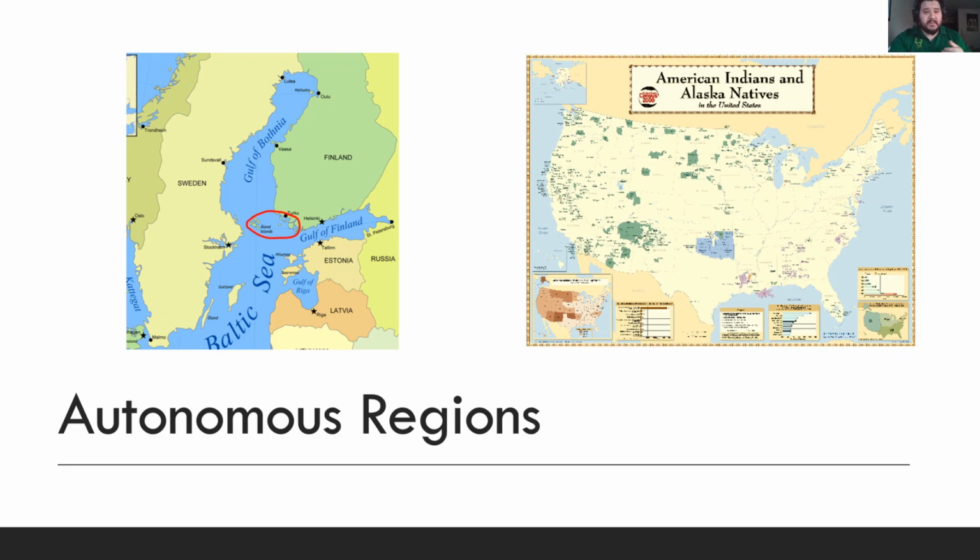And usually we're thinking of this when we have a very distinct cultural identity within a country, what we might call an enclave, right? This kind of separation of a cultural or national identity within another state. In this case, it just happened to coincide with these islands that are off the coast of Finland. Instead of giving up those islands, because they are very small, right? They'd be a microstate even if they were going to be considered a full state on their own. They've been fit under this umbrella for Finland and called an autonomous region instead, still having a large degree of sovereignty, even if they're not completely separate from another state.